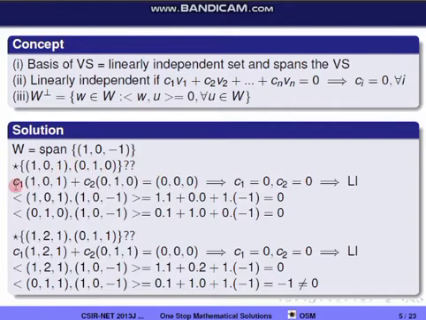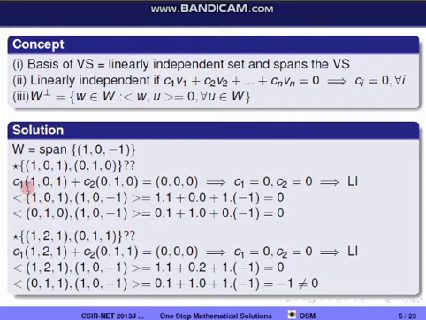So when we add this and equate to 0, I am getting C1 equal to 0 as well as C2 equal to 0. So both the coefficients are 0. So this implies this is a linearly independent set. To check whether the set spans W orthogonal, you are checking the inner product with respect to W. If it becomes 0, then it spans. If it does not become 0, it does not span W orthogonal.